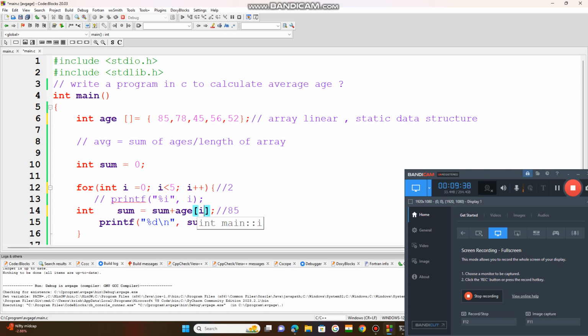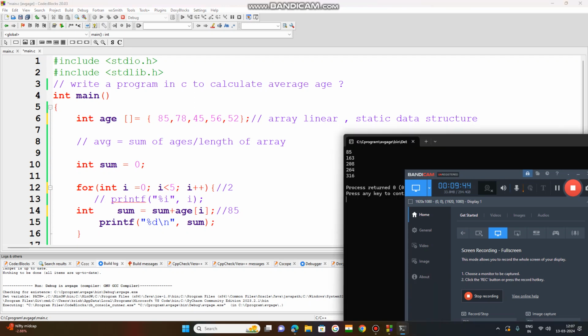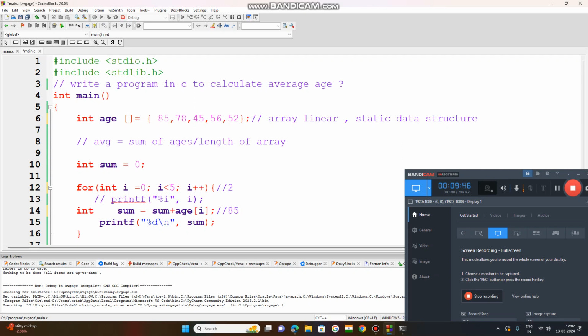At index 1, it is 78. Now 78 plus 85 is 163. Now print of sum, 163 is printed. Now I is equal to 2. 2 is less than 5, the condition is satisfied. I is incremented to